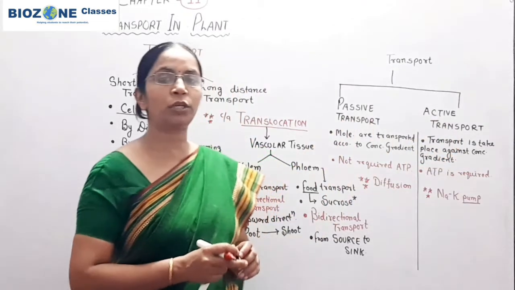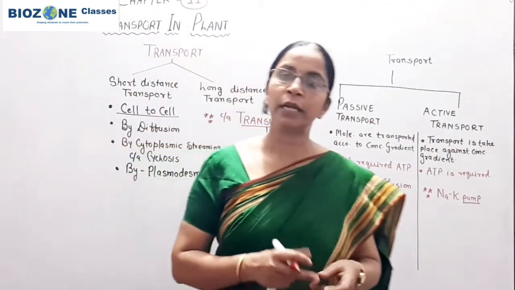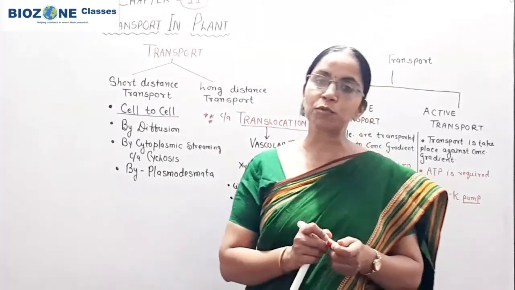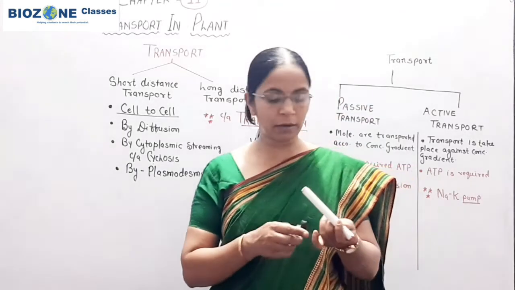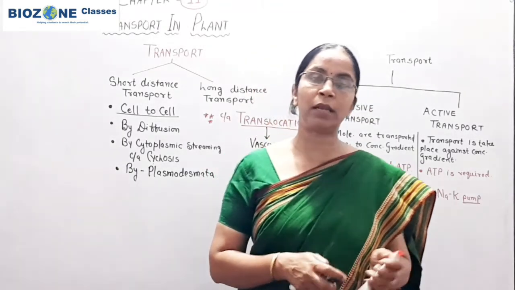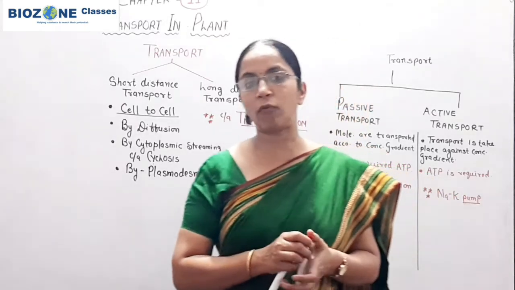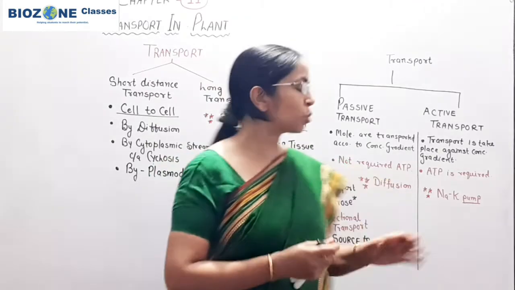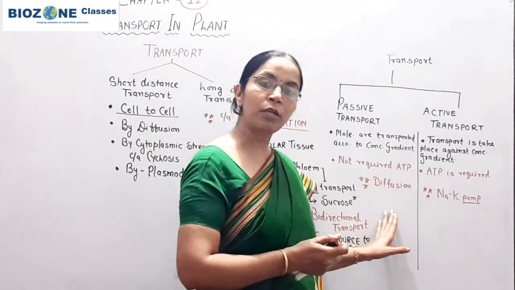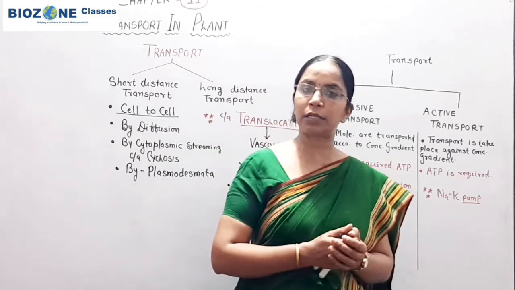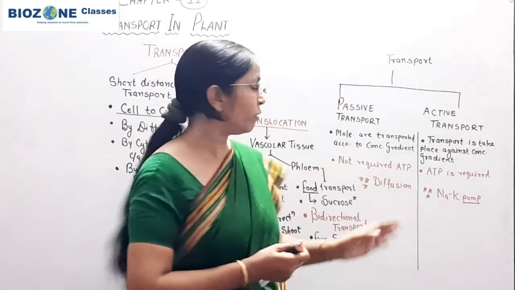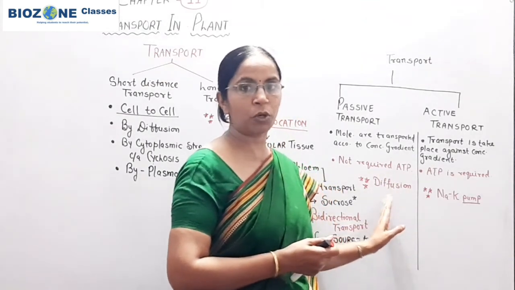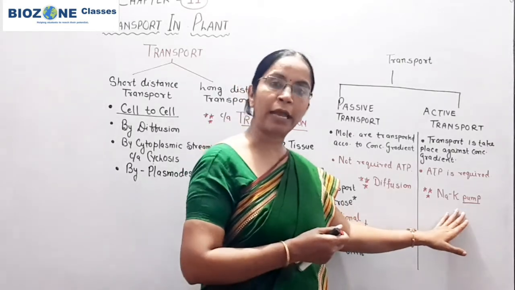For today's session, because this is the introductory class, in this chapter we study in detail about diffusion and types of diffusion. After that we come towards the permeability of membrane. Then we come towards the path of water and various pressure systems in plant cells. So here you simply remember the transport. What do we understand by transport? From next session we discuss diffusion. First we discuss passive transport, and then we come towards active transport.